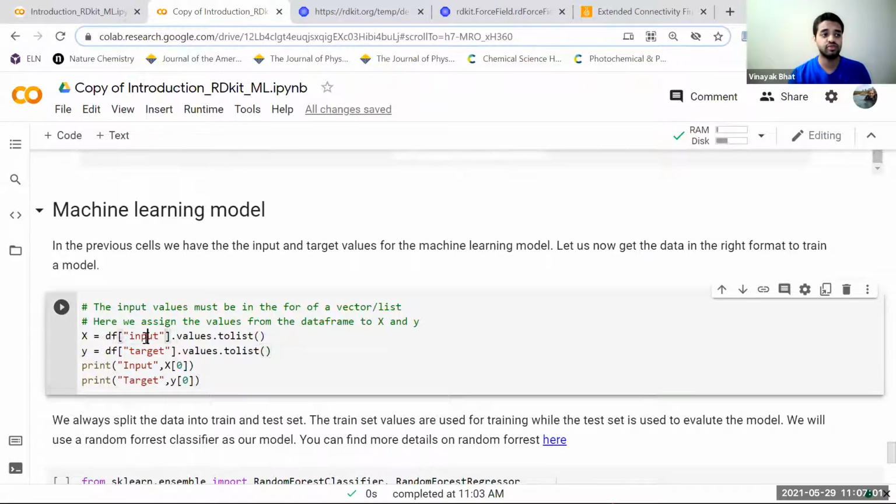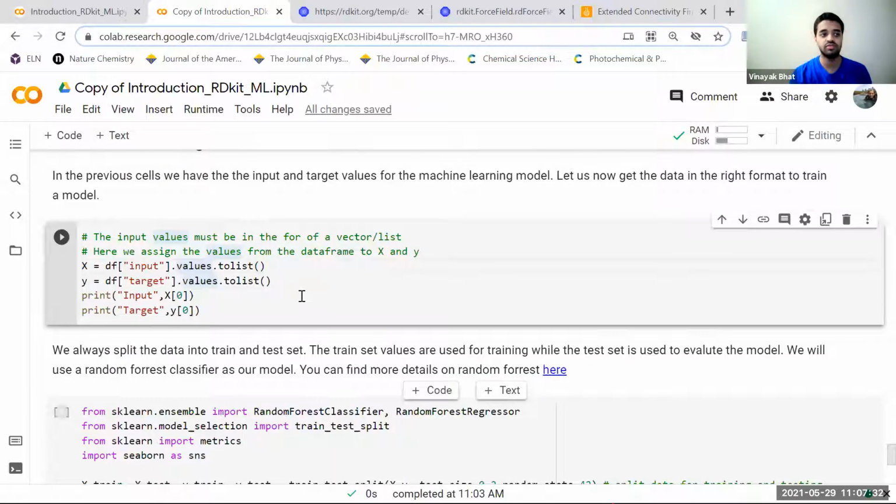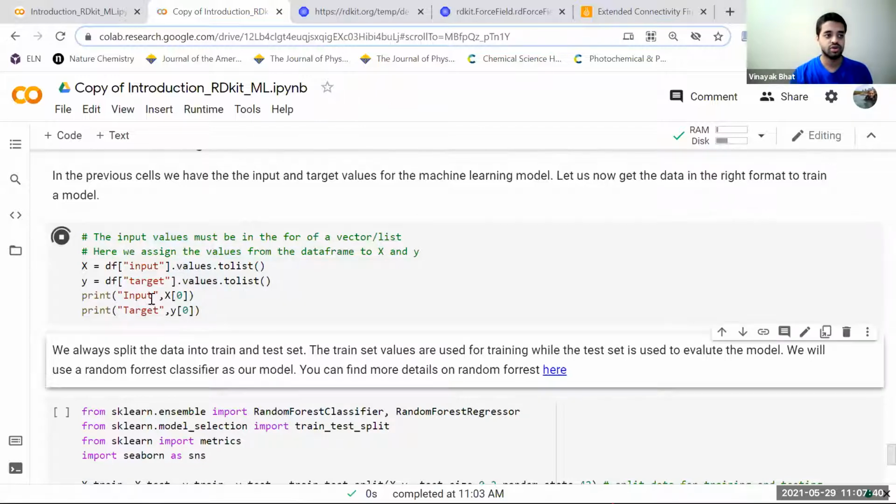Okay, moving forward. So we have that data. We'll put everything into an X value and a Y value so that we can split the data. Why we need to split it is we want some part of it to test how good the model is, and some part of the data to be used for training. So we'll perform a test and train split for that. First is input: input.values gives us all the values in the input column, and then we'll add them to a list, and we'll do the same thing for Y. Y is the target, and target.values to list.